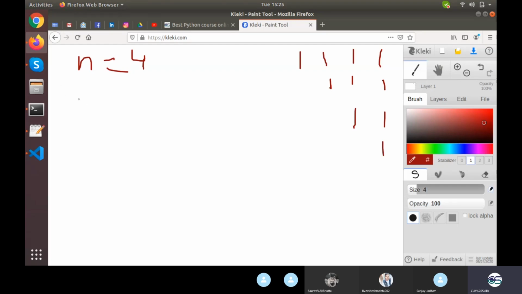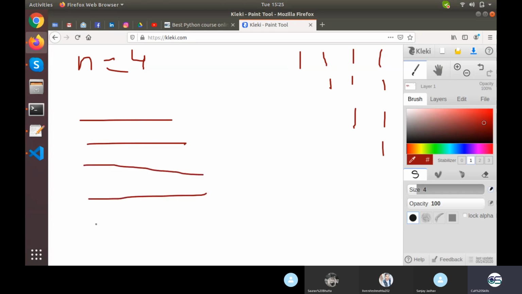Now the next thing is the number of these stars. In the first iteration I'll be drawing here 4 lines: first, second, third and fourth.